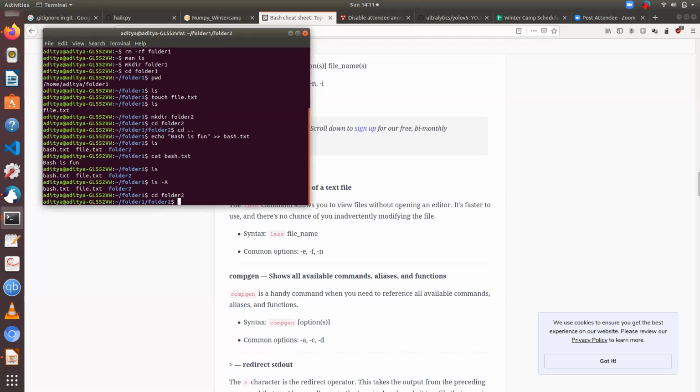This is a nice question. I'll show you something here. Let's say I am in folder 2. Now instead of just going outside folder 2 to folder 1, I want to go outside folder 1 also, back here in the home, not just one step back. I want to go two step backs. So I'll do cd dot dot, then I will do a slash. This is used to separate folders, like you're seeing here also. And if I do dot dot again,